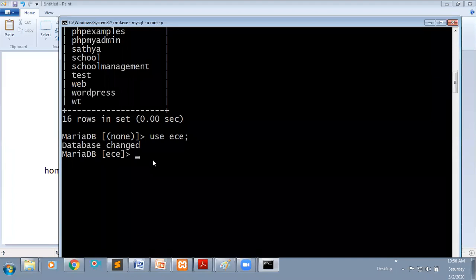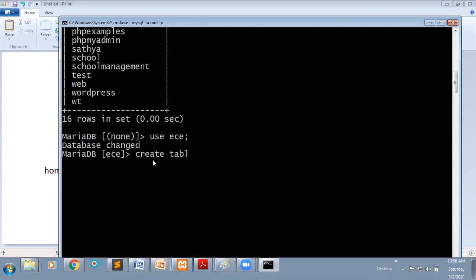Then how can you create it? Simple statement, create table. Create table is the syntax. You need to give the table name. Here I'm giving the table name as student. To create any table, the syntax is create table, table name.